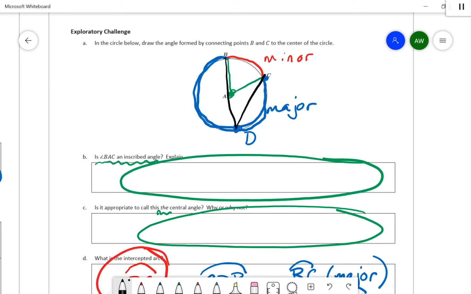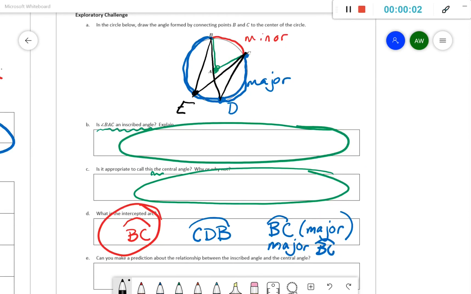Now, what if I put my point somewhere else? What if we put point E here? What size would angle BEC be? Would it be smaller or larger than angle BAC? So when we're thinking about the size of the major and minor arcs, make sure that you're thinking about the actual size of the angle,